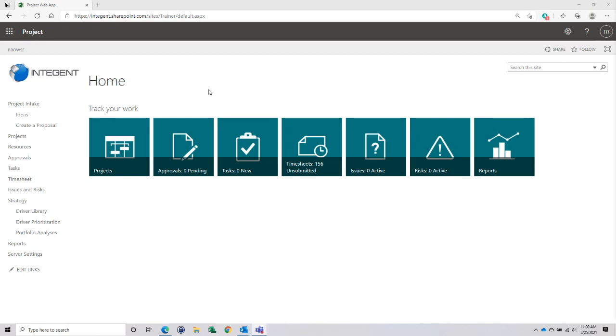I'll be working through the strategy section of Project Online, looking for the portfolio analysis explanation. And we'll be walking through each of the sections that will need to be developed before the portfolio analysis can be done. So to start with, going into a Project Online environment